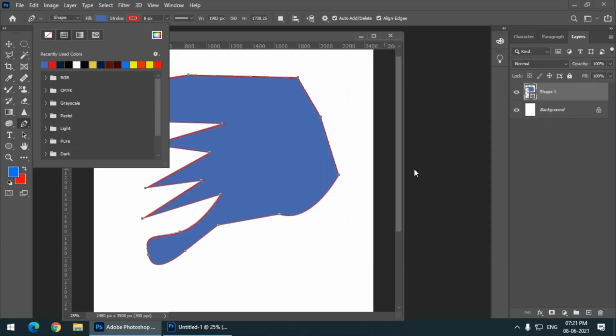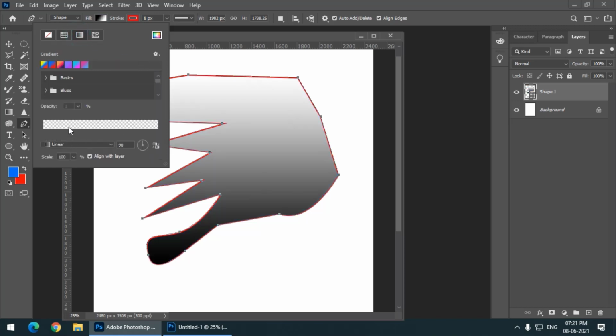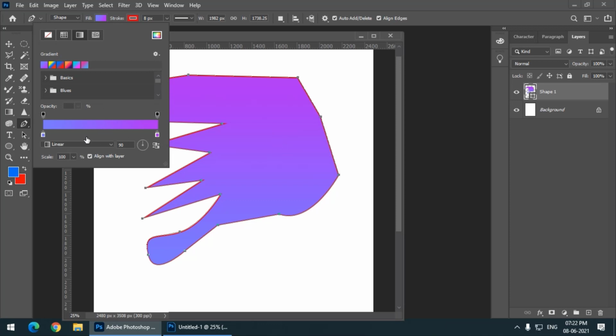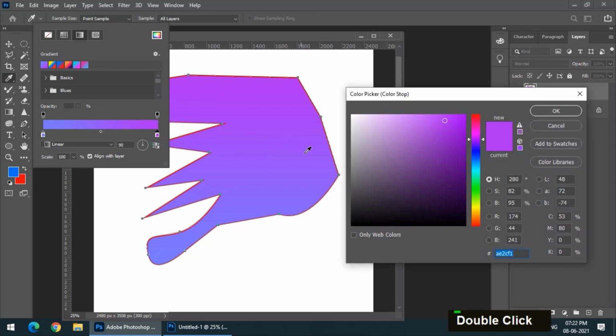So it will look something like this, and it will also create a shape layer, as you can see in the layers panel. And if you want to add gradient color, then you can click over here, gradient, and we can choose any gradient we want from this menu. Opacity is 100. So I selected this particular gradient, and other things are pretty much similar to that we have seen earlier in the gradient tool that we have learned in the earlier videos.